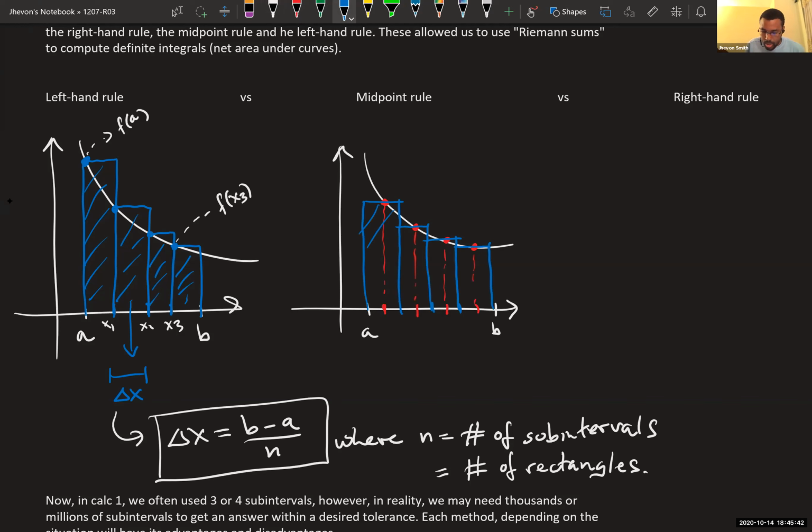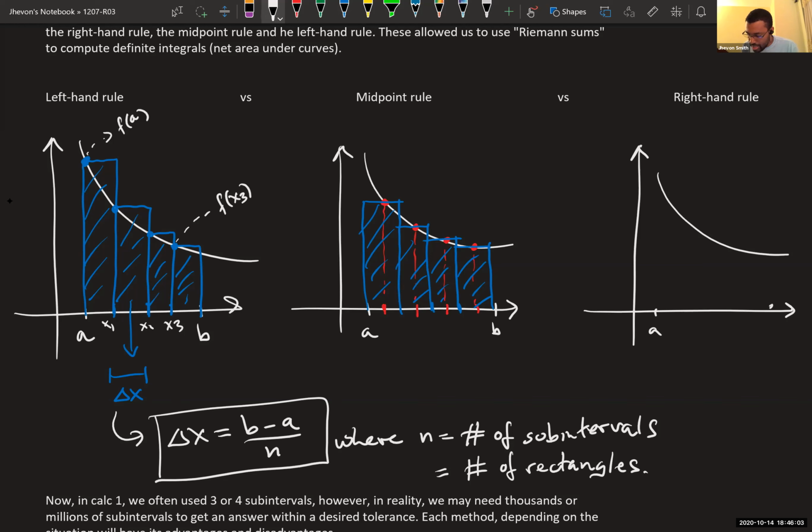And again, we add up the areas of all these rectangles, take all the f of x values, multiply by the delta x values, add them all up, and that would give you an approximation for the area under the curve. We also looked at this back in Calc 1, so that's why I'm rushing over this, because I do expect you to know about this already.